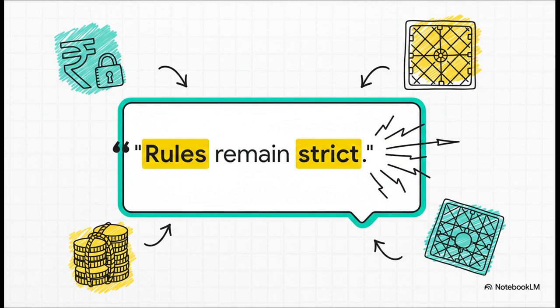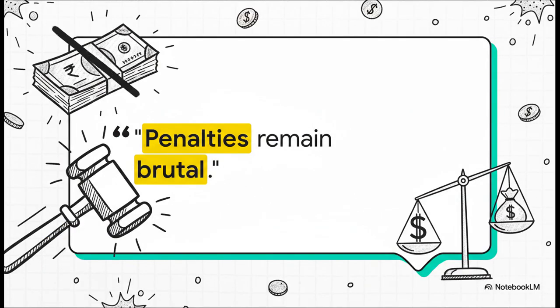This says it all, doesn't it? There is no leniency, there's no wiggle room. This renumbering isn't a relaxation of the policy, it's just a reorganization. The framework is designed to be tough, and it's staying that way. And you know, if the rules are strict, you better believe the consequences for breaking them are severe. We're talking about a penalty that can be up to 100% of the amount. Think about that. If you illegally accept 2 lakh rupees in cash, you could be hit with a penalty of 2 lakh rupees. That's a huge risk that's just not worth taking.